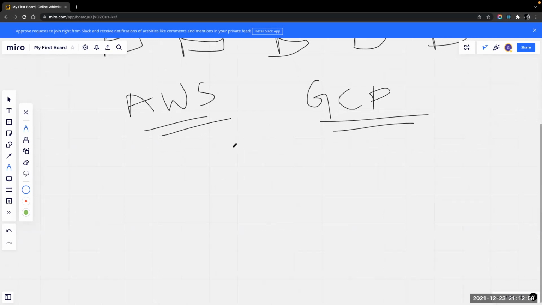So both are cloud computing services. What they do is, once you subscribe to AWS or GCP, you have an option to opt for dynamic servering. So whenever a lot of people are coming in or a smaller number of people are coming in, the number of servers is managed by them.